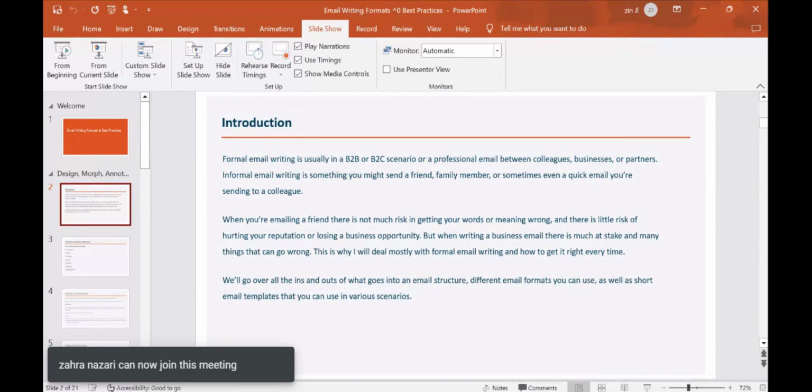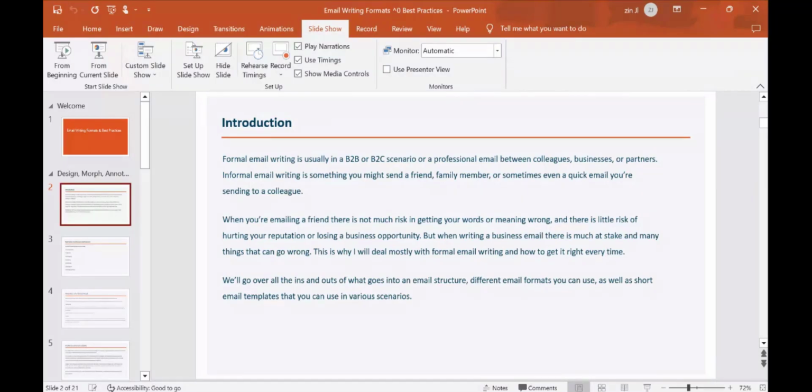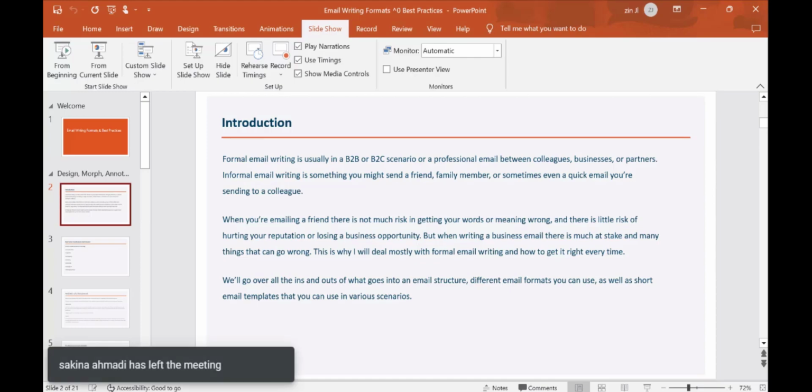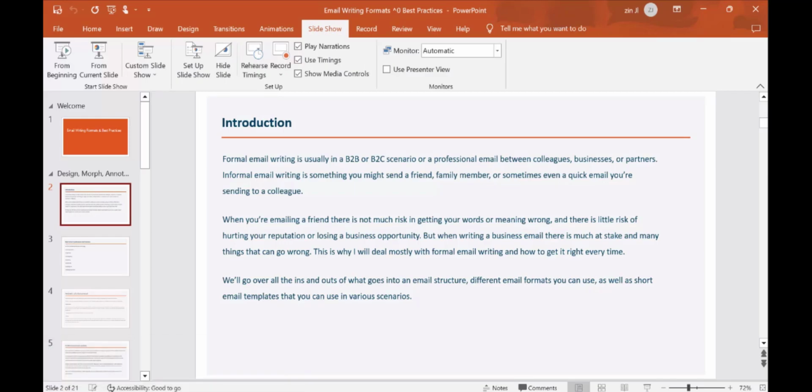What we are going to be focusing on is mainly the commercial aspect, the more professional kind of thing, because when you're sending an email to your close relative or a friend, the structure really doesn't matter, right? But when you're sending it out to a corporate or more of a professional scenario, you have to have the right meaning, the context, and everything needs to be presented in a certain way.